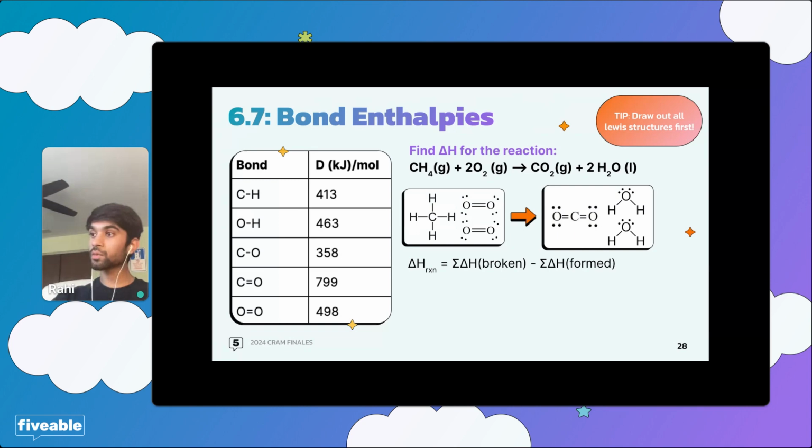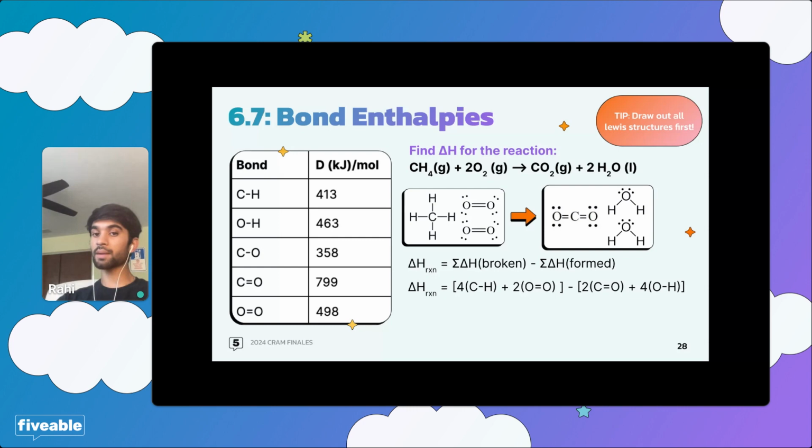But yeah. So what is delta H? Delta H is the sum of the broken bonds minus the sum of the formed bonds. Right? So we're going to break these down. What bonds broke and what bonds formed? The bonds that broke are the bonds between C and H, and also the bonds between the oxygens, right? But how many of them broke? That really matters as well. Don't forget about that. It's a really common mistake, how many bonds broke. You have 4 CH bonds that all broke, and you have 2 of the double bonds between the 2 oxygens that broke, right?